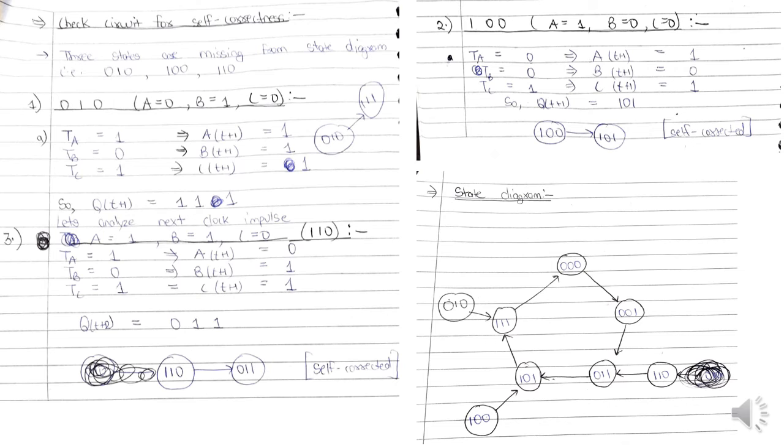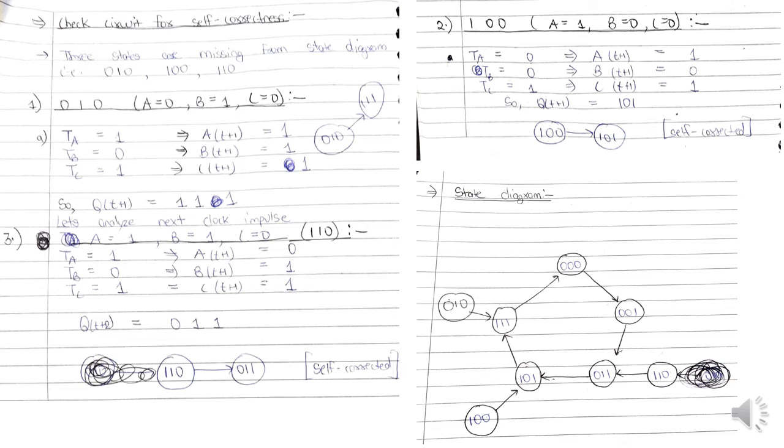Let's assume that, by any hypothetical situation or error, the counter goes to the state 010, that is 2. We don't know what will happen after 010. There is no next state, so we should make sure that after reaching 010 it goes back to the state diagram path, that is, the valid states. It should reach a valid state and not be stuck. Let's check for self-correctness, meaning that it finds the right path on its own.